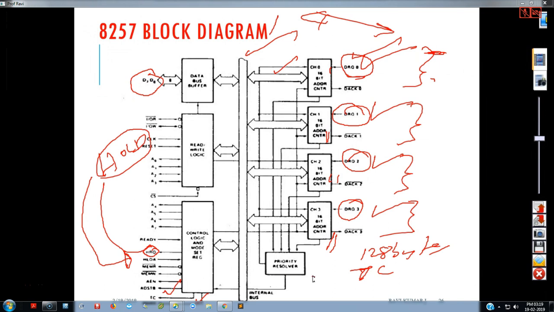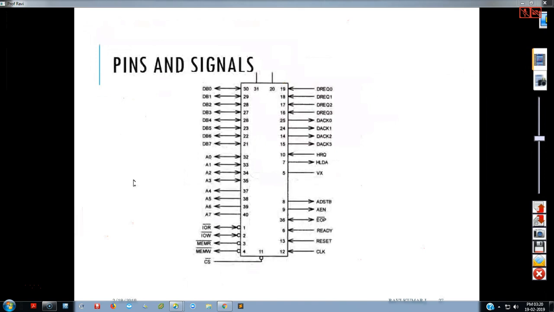And there is a priority resolver. This priority resolver will resolve the priority among these devices, whether disk or pen drive or CD drive or floppy drive, which has to be given the highest priority. And then here you have control logic and mode set logic. This ADSTB is also an important signal. This A0 to A7, these are the few signals. Now let us see that in detail. So the pins and